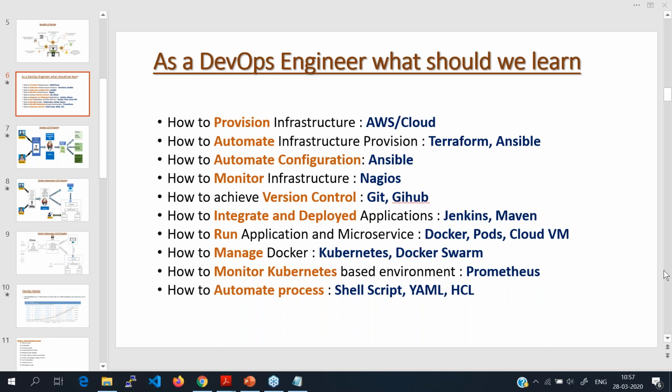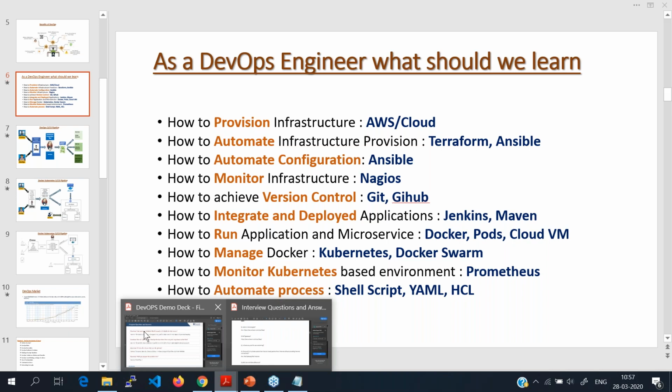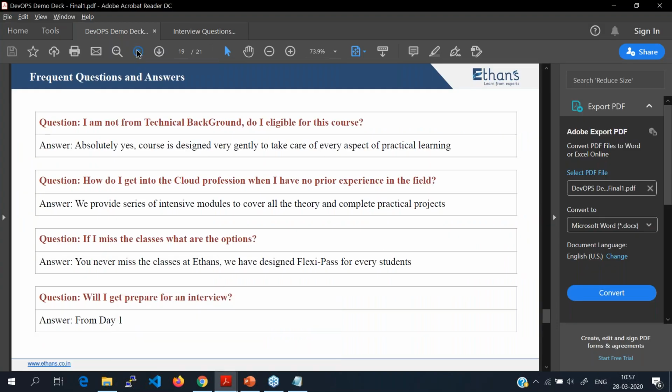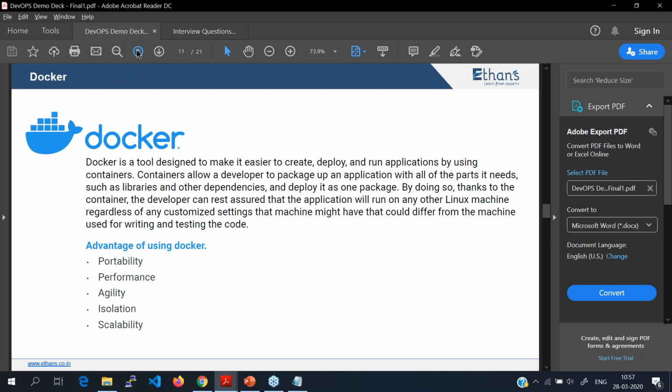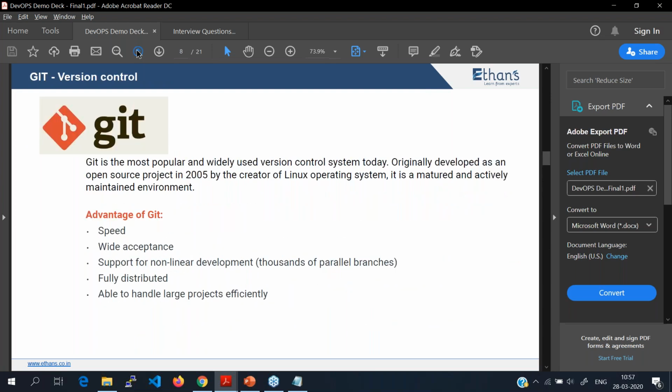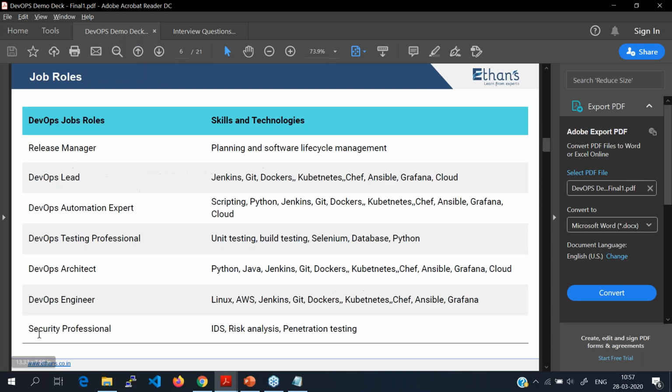She's saying that she is working as a technical delivery manager and wants to learn DevOps to change her job. Will this DevOps course be helpful for her? Yes, why not? Because you can simply apply for a DevOps architect or DevOps manager post, and using those DevOps architect or manager opportunities,